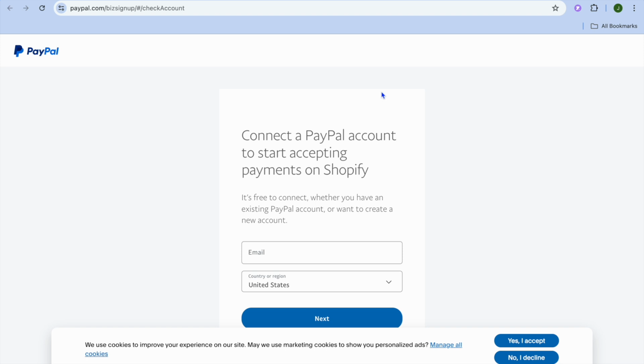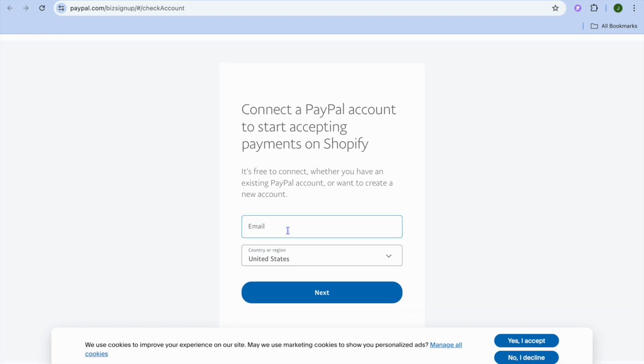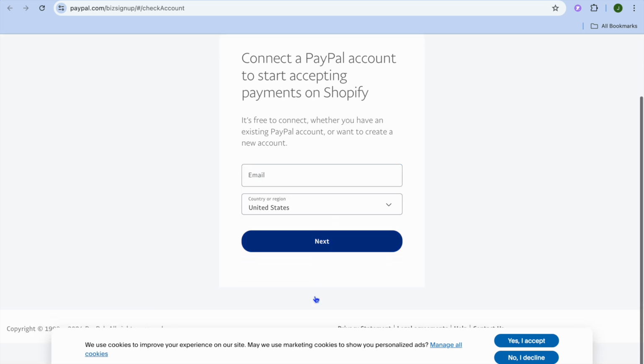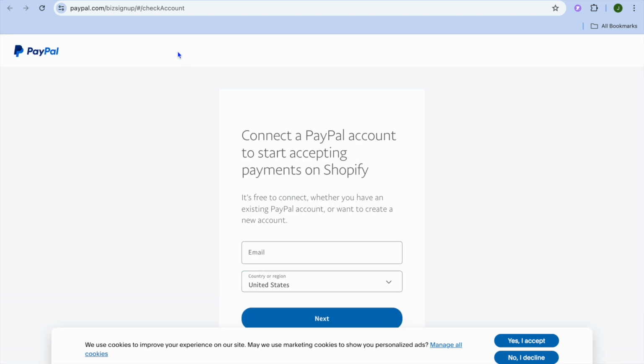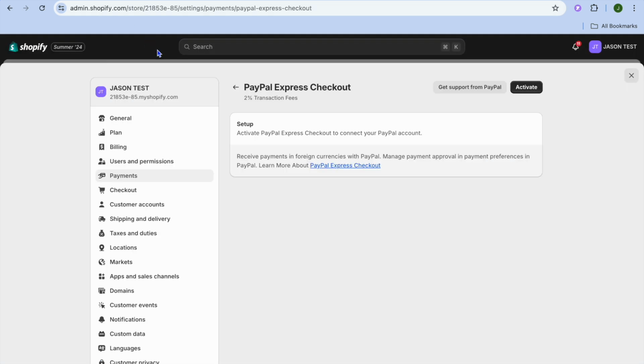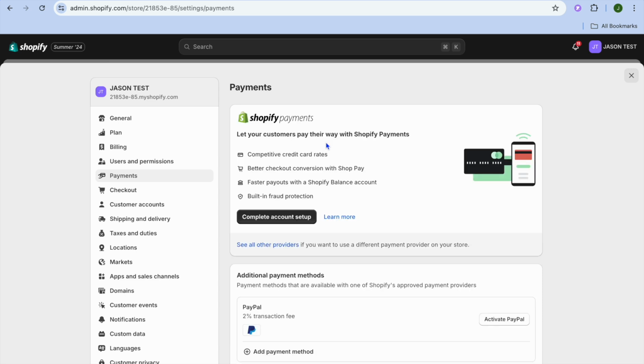Once you're redirected to PayPal, you will need to log in. So you will enter your PayPal email address and tap on Next. If you don't have a PayPal account, you can start creating one. But if you have one, all you'll need to do is sign in. Once you're signed in, you'll be able to add your PayPal account. Once you have added your PayPal account, you're going to go back and tap on See All